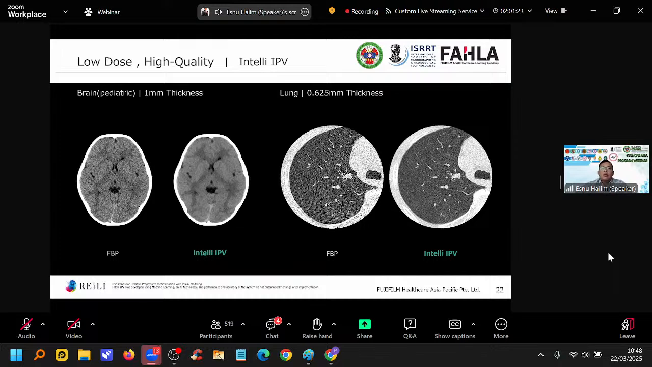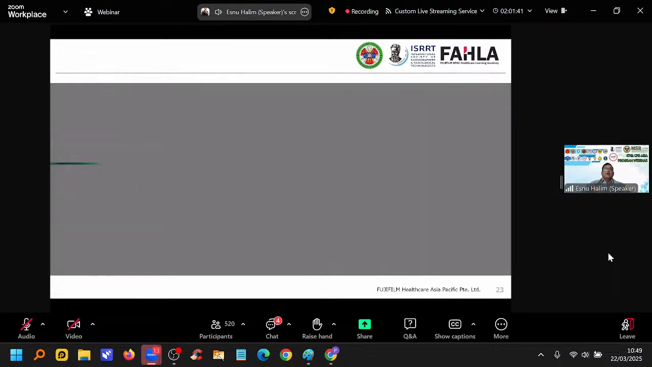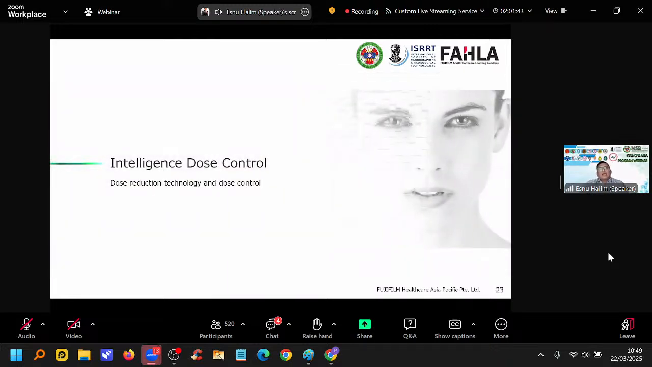So as you know, when we go lower into the thickness, noise level will increase. So here for lung, when you apply the Intelli IPV, if you can look at the bottom part here, you can start seeing some nodules that appear. Okay. So next, I have completed the image